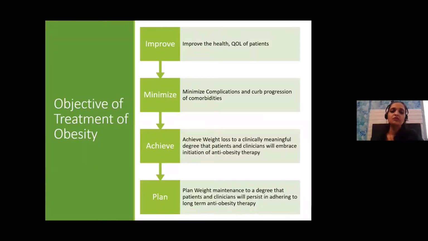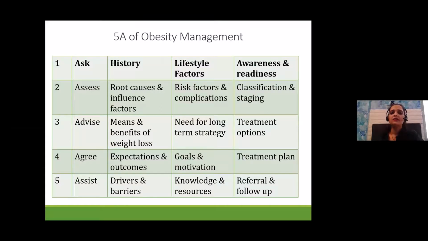The objective of the treatment of obesity is to improve overall health and quality of life of patients. We try to minimize complications and curb the progression of comorbidities. It tries to achieve weight loss to a clinically meaningful degree that patients and clinicians will embrace initiation of anti-obesity therapy, and to plan weight management or weight maintenance to a degree that patients and clinicians will persist in adhering to long-term anti-obesity therapy. There are 5 A's of obesity management, and this would chart a plot for us